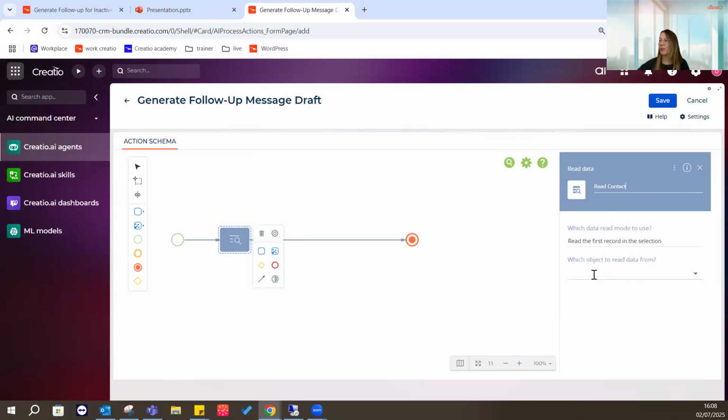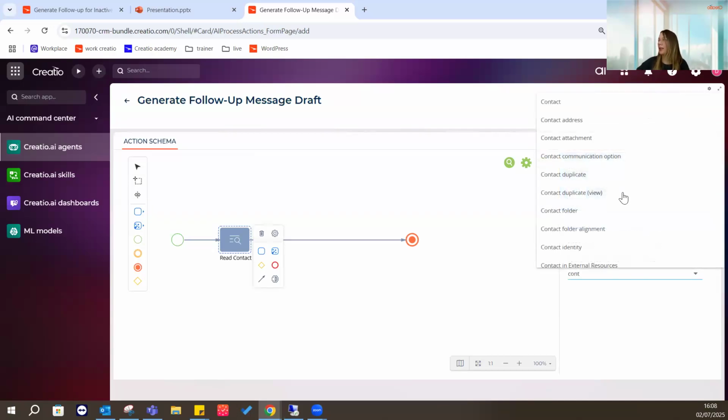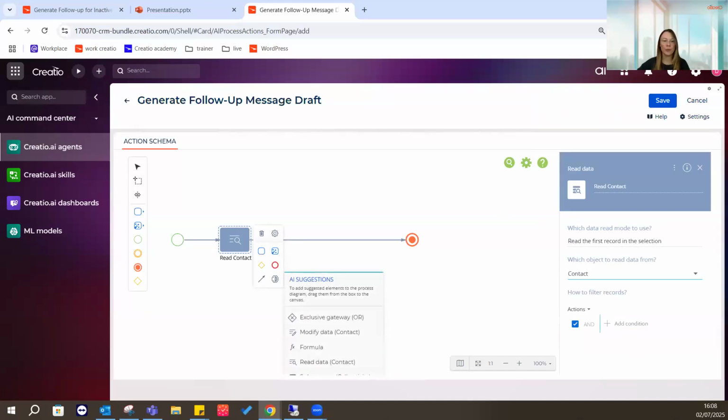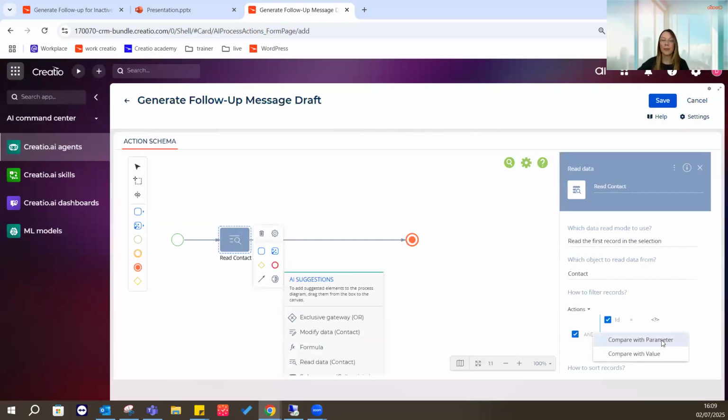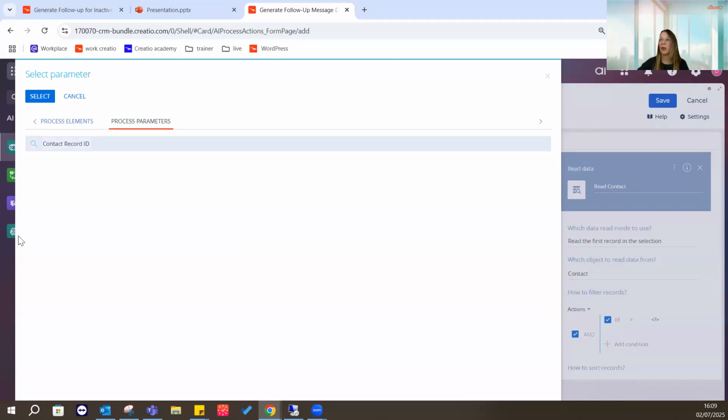Which object to read data from? I'm going to go for the same mode as you can see, the first record in the selection. Now to the object. Let's go to contacts. Like so. And now, again, I want to filter through to the appropriate contact, right? Not all contacts that are there in my contact section, so I have to keep in mind to filter properly. So I'm going to go to add condition, and I'm going to compare ID with my parameter for that contact record's ID,